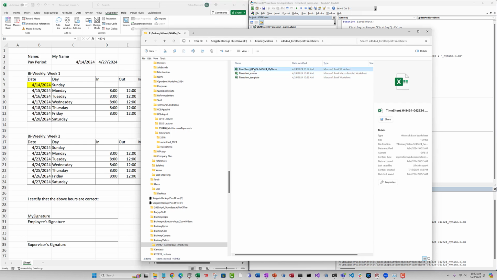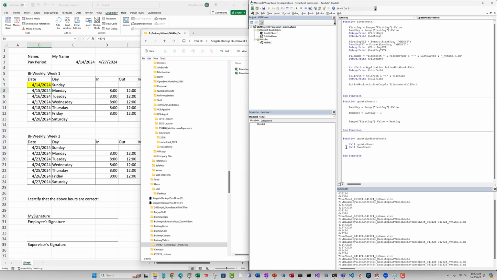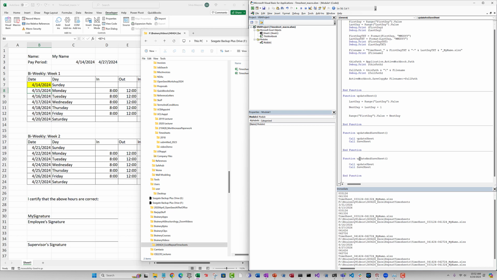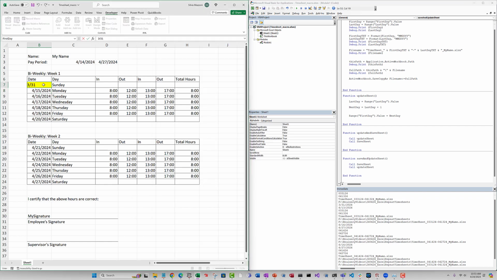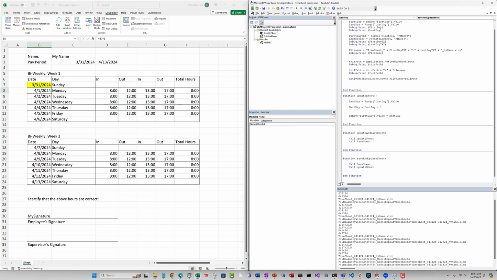Now, the other way we could do it, if you want, is we can reverse the order. So if we do it like this, if we do function save and update, and we swap the order here, and we put back 3/31/24, and we do it in this order, we should be getting,